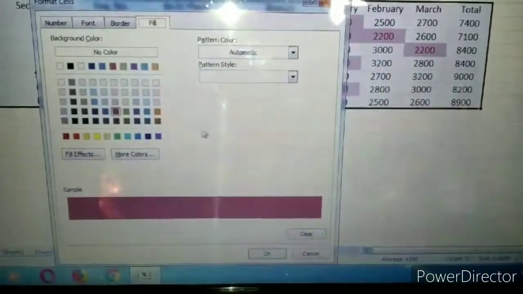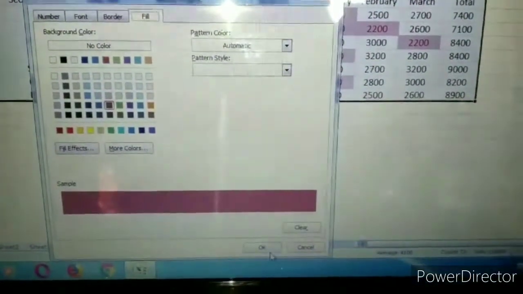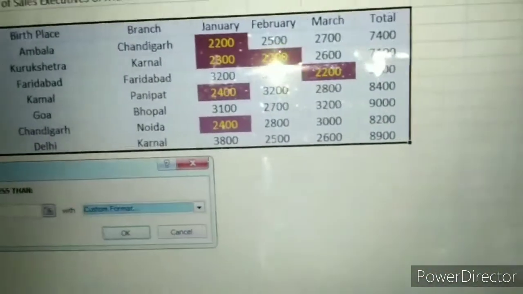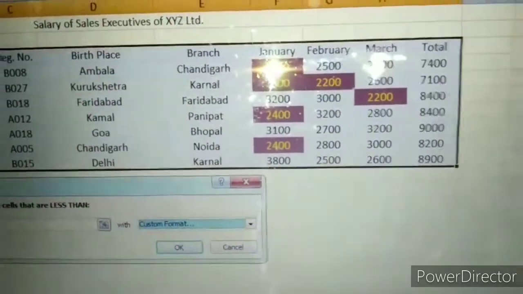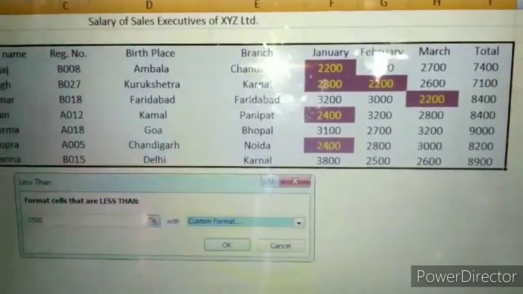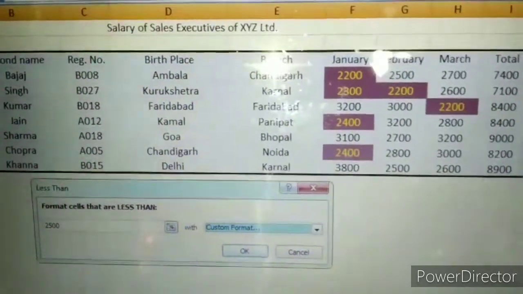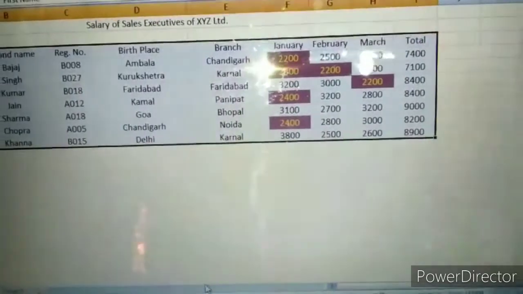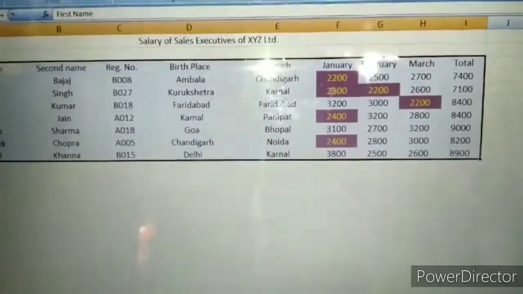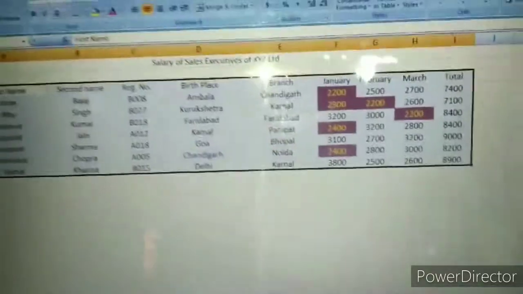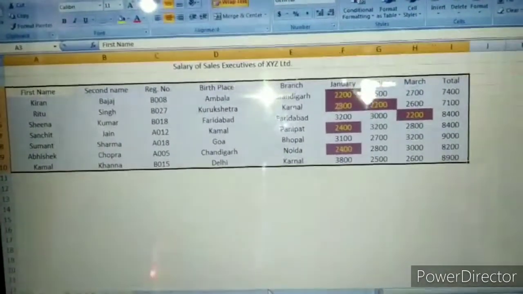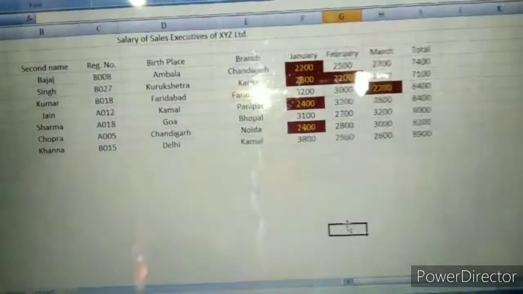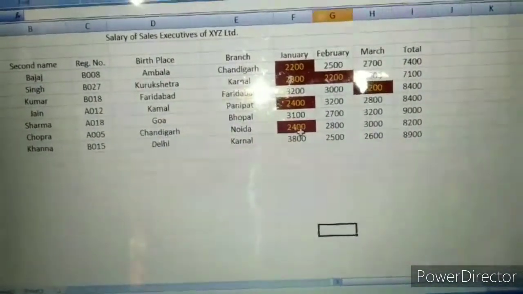And we click OK. You see here it comes in yellow color and fills with this dark color. Okay. Now we apply OK, and automatically our data is highlighted. Okay, it is our less than. If suppose we want to change the number, you see, the beauty of this option is very important.